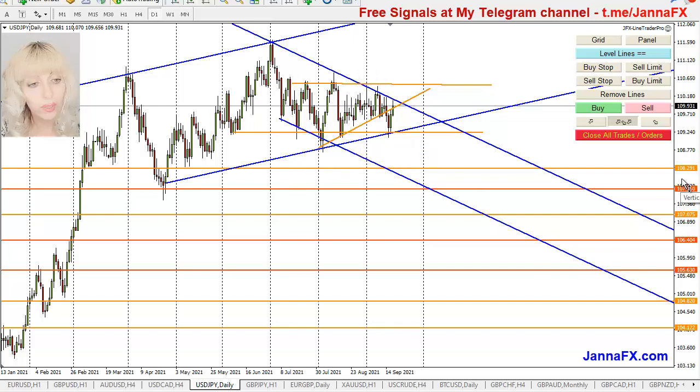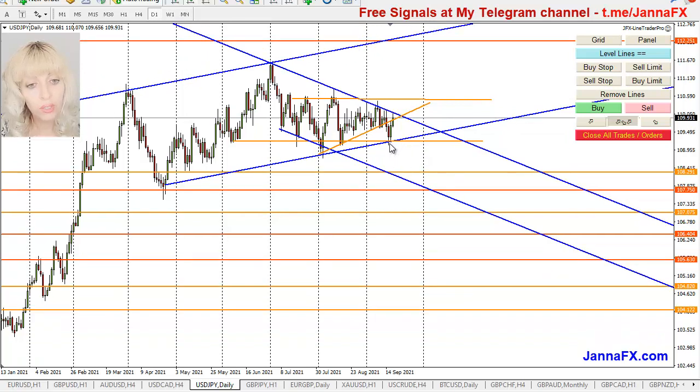Okay, so just here once again I want to point out, there's a lot of here, and here is accumulation. That's why I'm presuming, you see, it didn't break it, so we do still have these lows higher. So that's why I'm saying it might not break it. But my expectation will be, if it will break one way or another, it could be big moves, okay? Big moves. Remember I was telling you about it. So that's why be careful, but the big moves could be spikes, right? Like jump up and come back, jump down and come back. So you need to be a bit careful. But that would be possible first entry points.